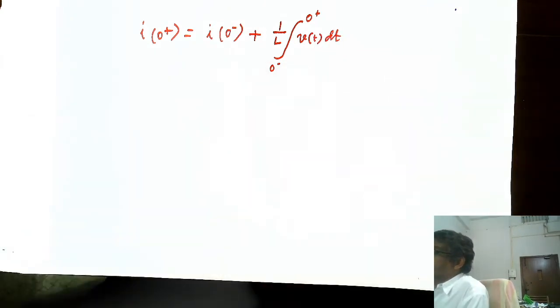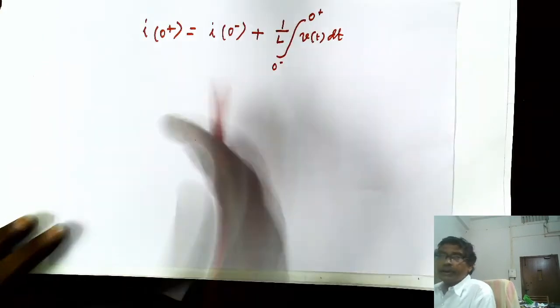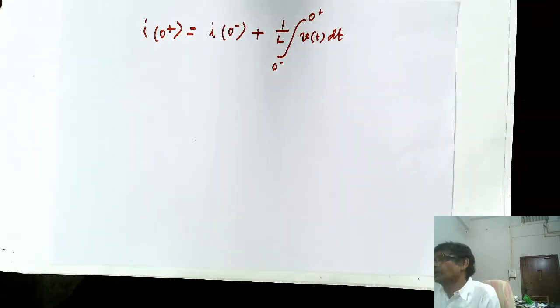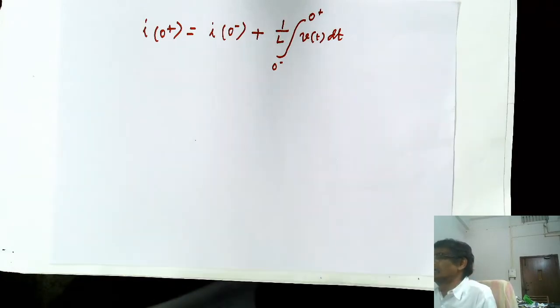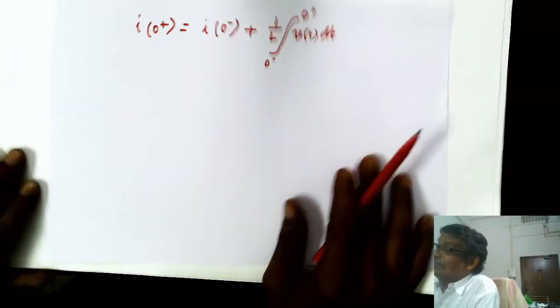Now the question is, what is this second part? i(0 minus) I have understood, because whatever previous voltages you applied for t less than 0, you carry on with this. Okay, let us assume that at this stage,